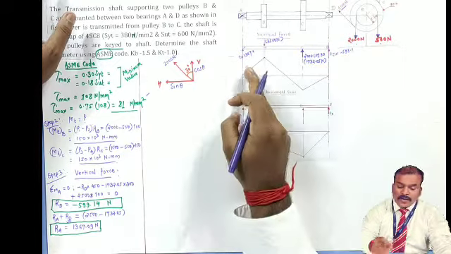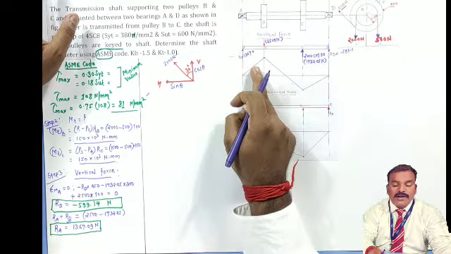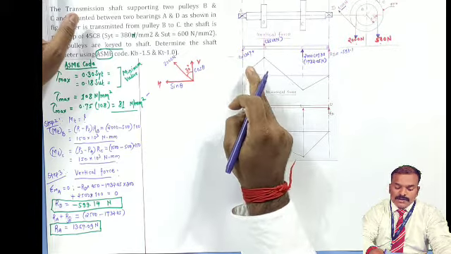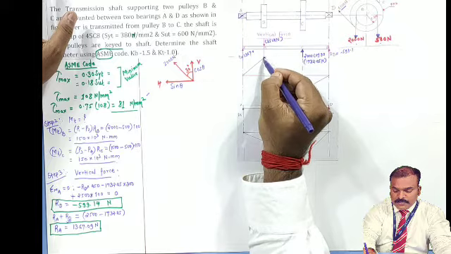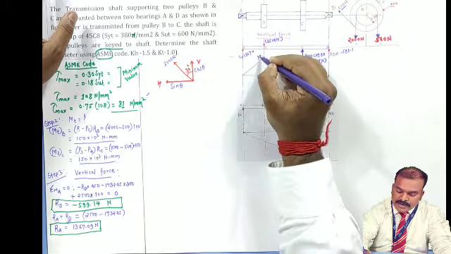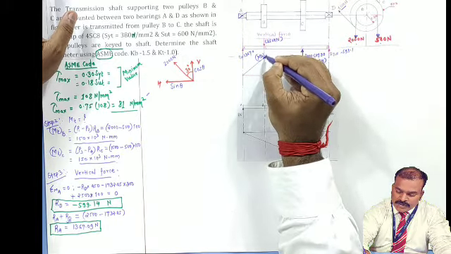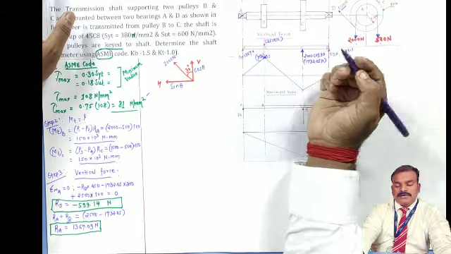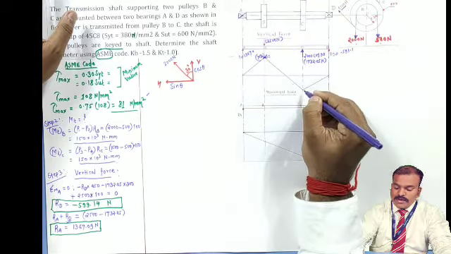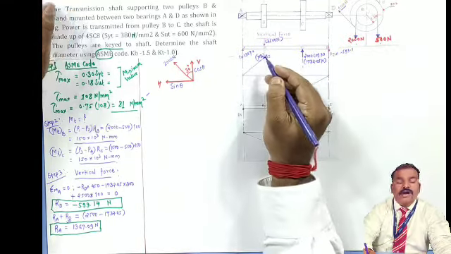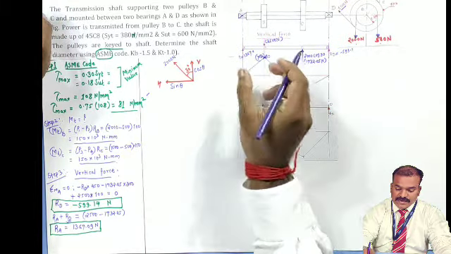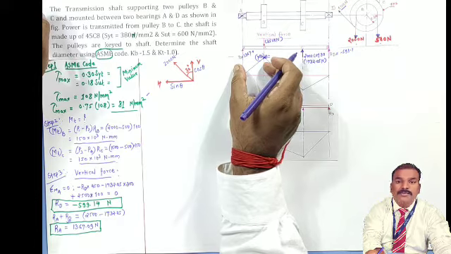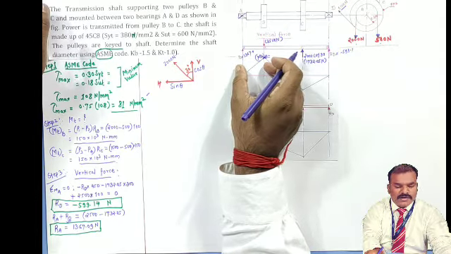Now according to these reactions we need to calculate the bending moment. For that, easily I can say this will be RA. I'll get the bending moment at this point, so I'll say bending moment at point B, and here bending moment at point C. So bending moment at point B, how can I calculate? Very easy. That is 1367 into 100. That will be the multiplication, force into perpendicular distance.